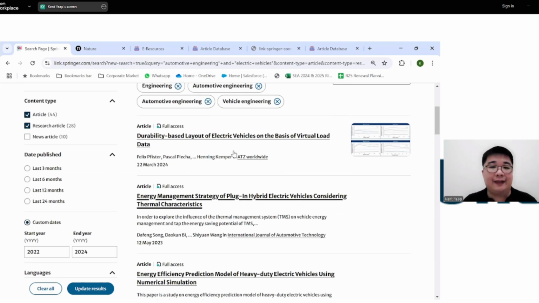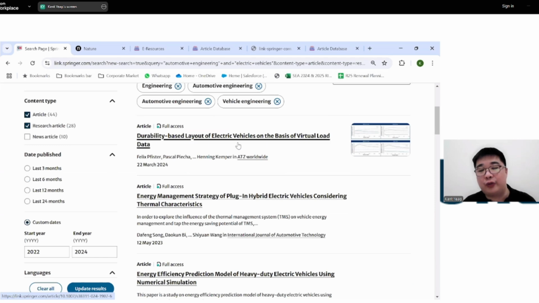But let's say I am interested in this and it does match what I'm currently looking for in terms of the type of material, the right subject matter, and of course, it's talking about a certain research or a particular topic that I am interested to do a little bit more discovery on.